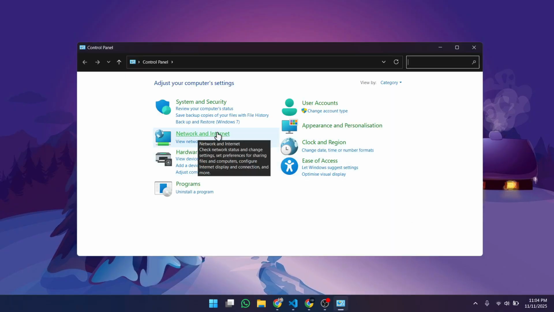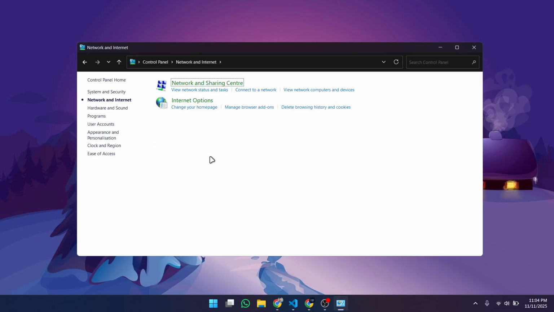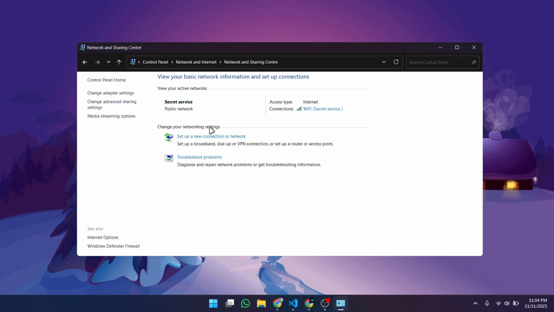network and internet. If you don't see this option, then click on view by category and you will get this option. Click on this option and you will get two more options. Then click on network and sharing center, and at this point you can see the Wi-Fi connected in blue color